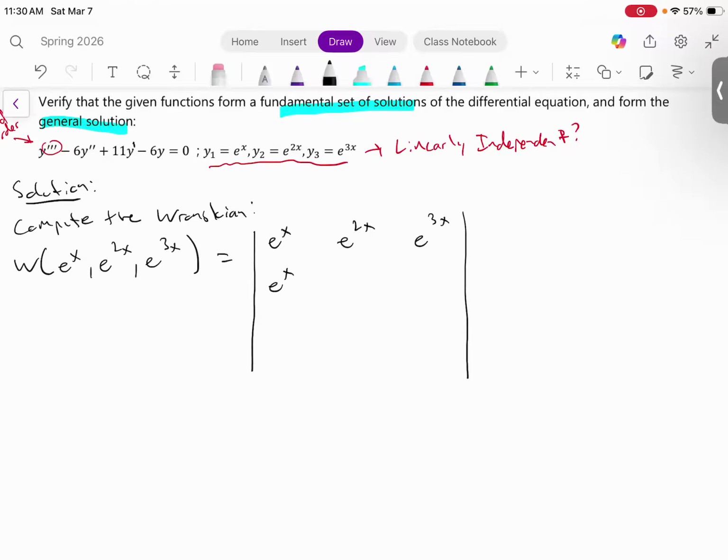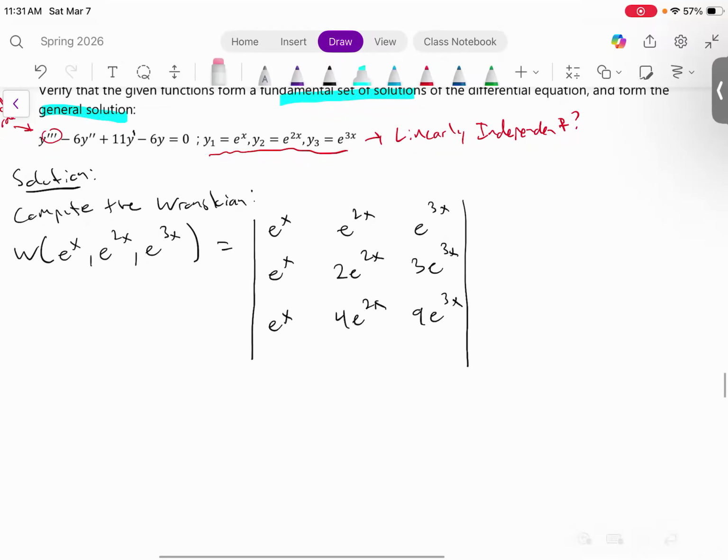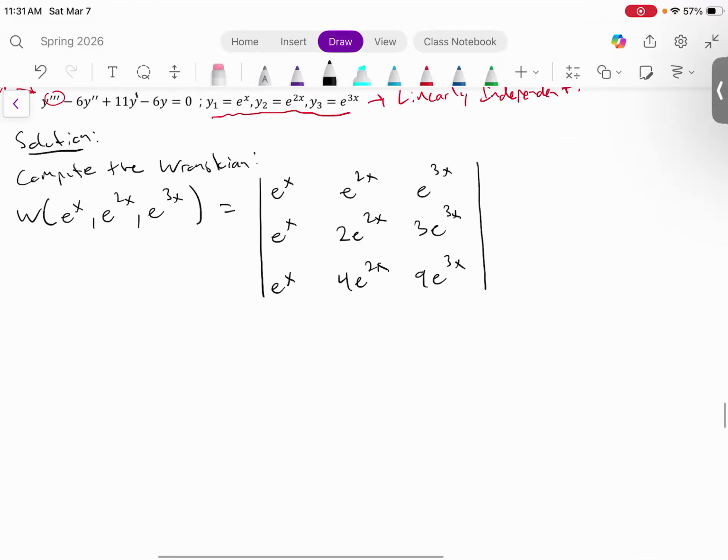So e to the x, chain rule 2e to the 2x, chain rule 3e to the 3x, and then our third row. This becomes 4, this becomes 9, using the chain rule. So let's make this a little smaller. Okay, so with a 3 by 3 determinant,